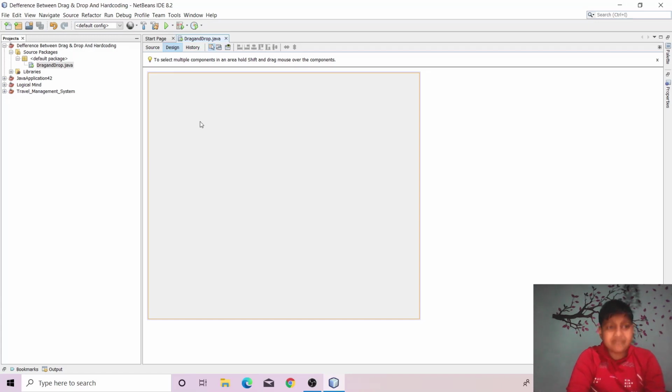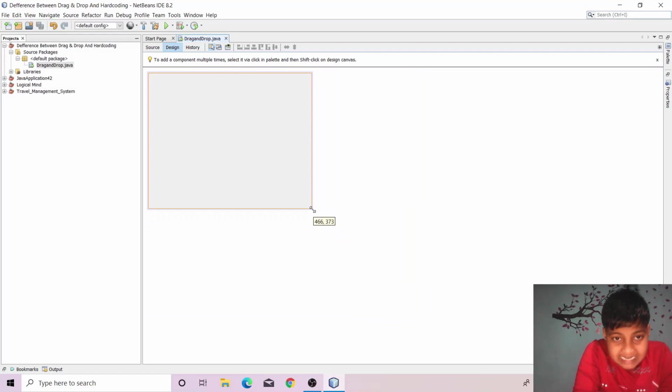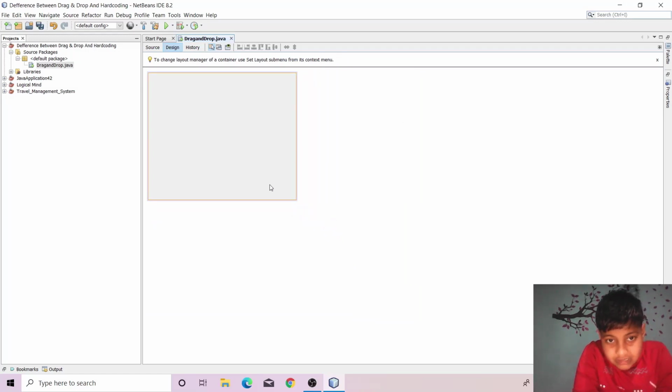From that button, when you click on that button, a dialog box will appear where it will show hello world or any message that you want to type. So let me first of all add a button for that. I will add this button here, and I will keep its size at this.